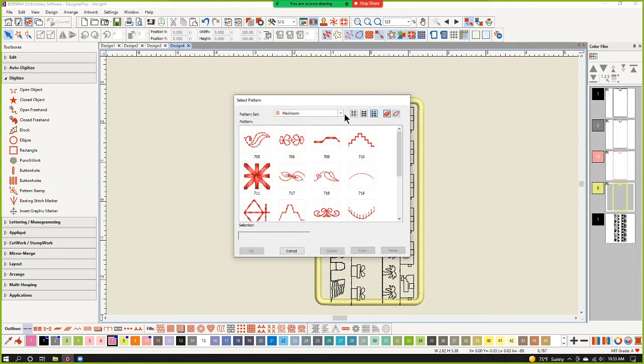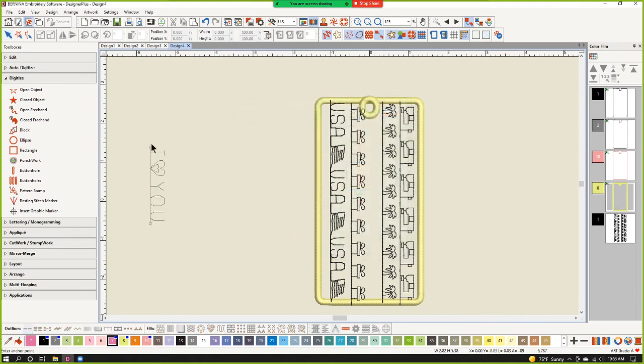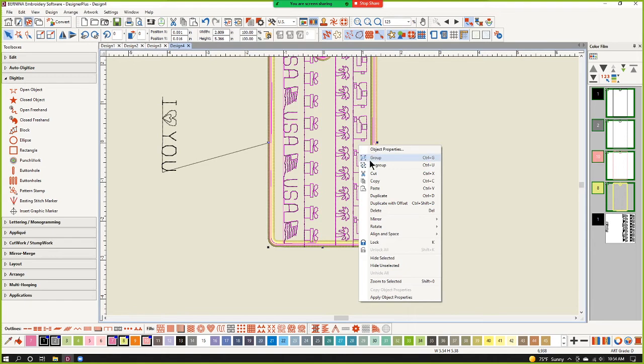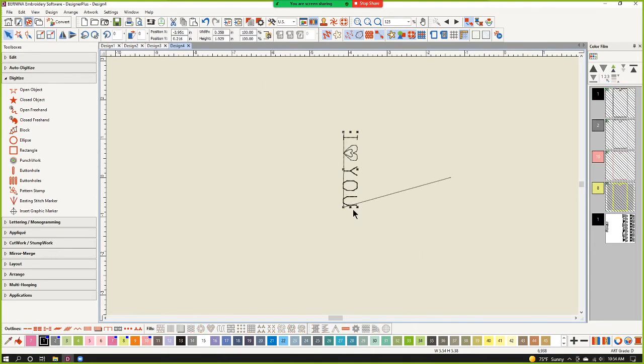They do have pattern stamp, so you can come in here and be like, hey, let's go to banner, grab the I Love You, stamp it. So I click twice to stamp. And I'm going to do this fun thing called select all of that, right click and say hide selected. So we're going to pretend it doesn't exist. It's still there, but I'm just pretending it's not there. So I have the I Love You,